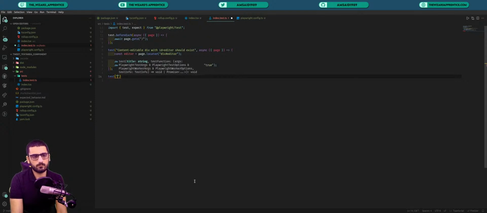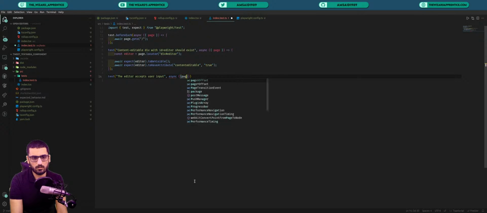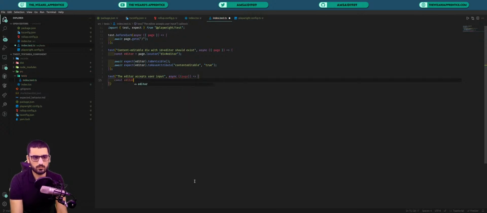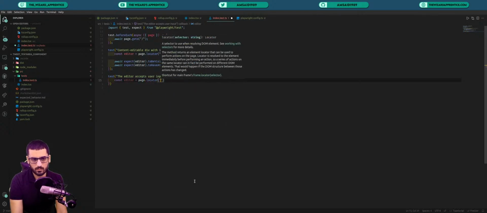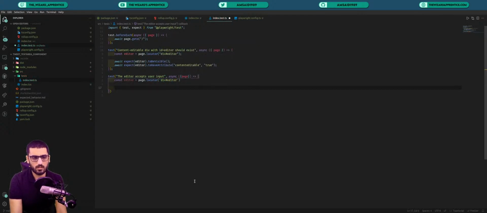The editor accepts user input. So, and then we'll type this page, and then const editor is page dot locator, again dev dot editor, and then